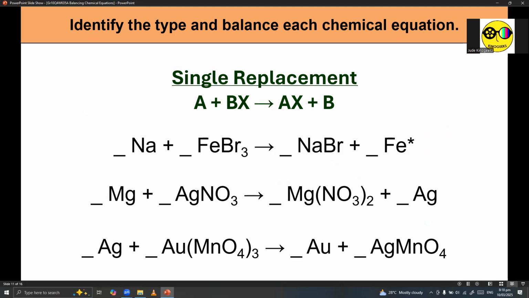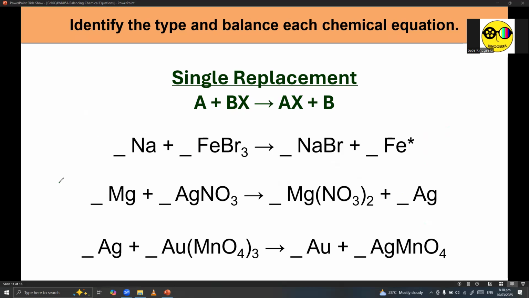Now, this is the final set of equations, and this is the culmination of all the rules that we tackled from the previous slides, no? Ang naiba nga lang is hindi natin fina-follow yung combustion pattern in a way na hindi tayo nag-start with C, H, and O because wala nang CHO in this case, no? So, let's finish this thing.